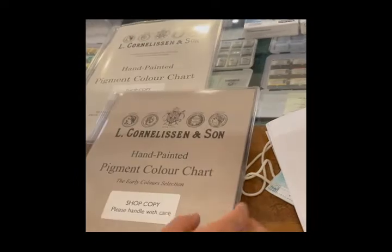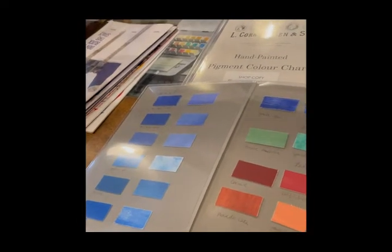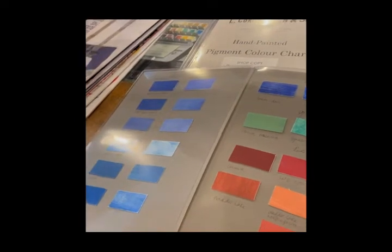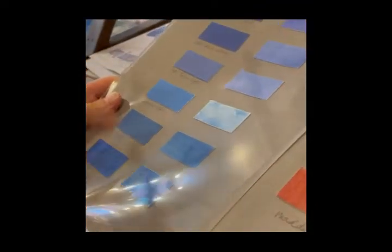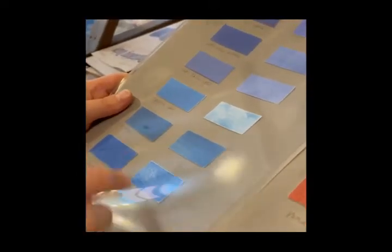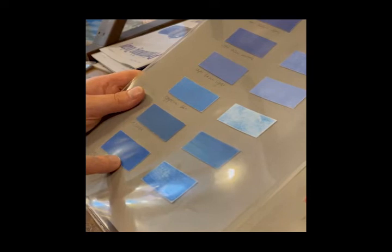Here we've got the early colour selection, that's what we call it. This is a bit more handmade because we haven't yet finished our digital copy, so you might not be able to see, but these are all different pigments, and these are the same but in a lighter transparency, so they've been mixed with more water. So you've got lapis, Egyptian blue, azurite, blue verditer,